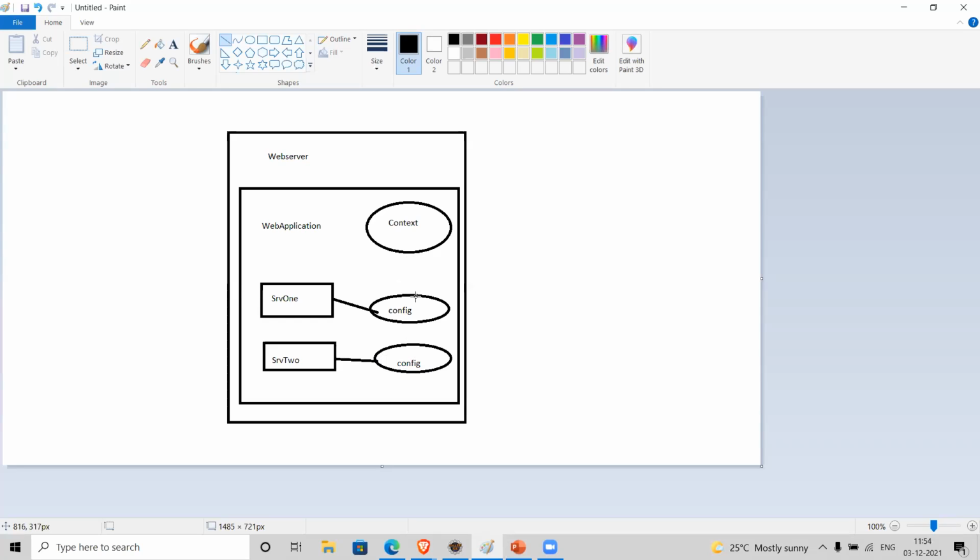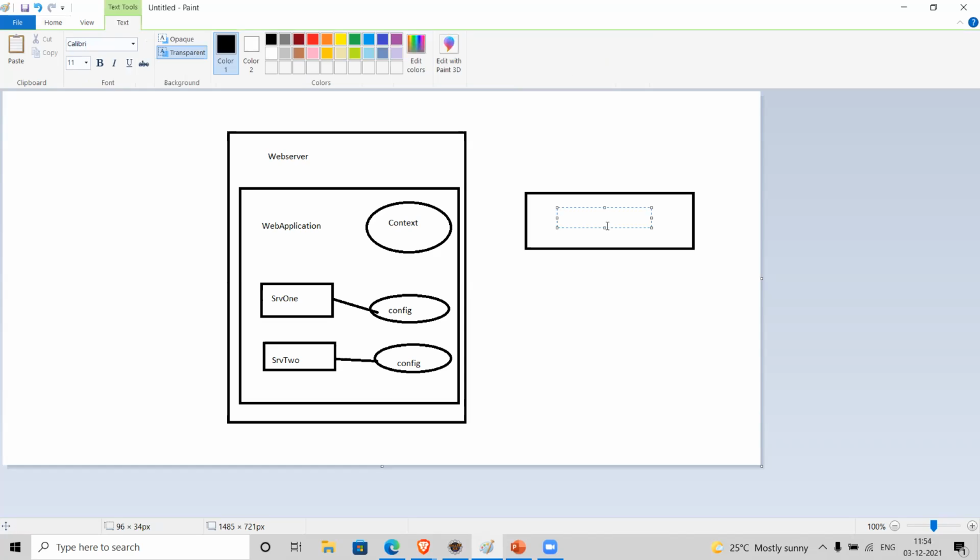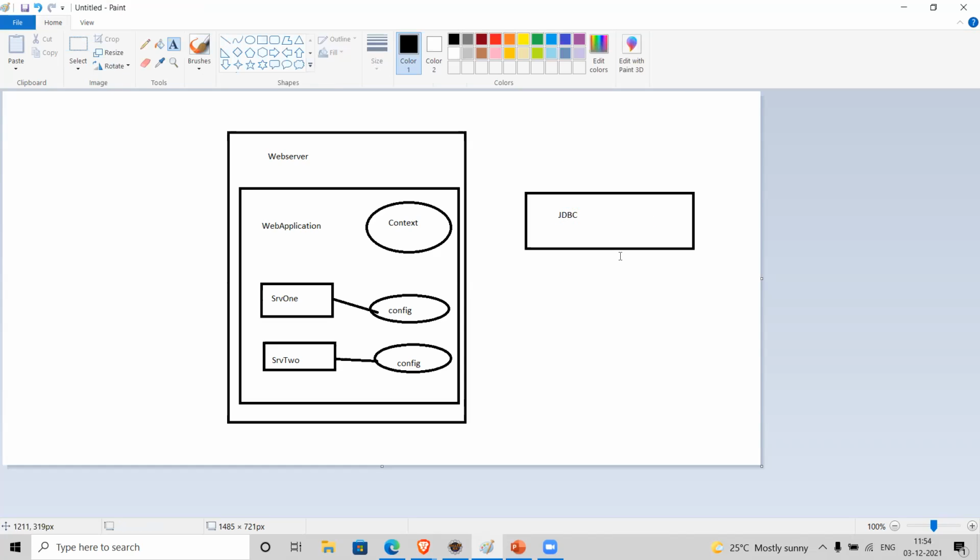So what is the purpose of these objects? Suppose in my web application I want to use one resource file, just like JDBC configurations. The same JDBC configuration I may use in SRV1 or in SRV2.